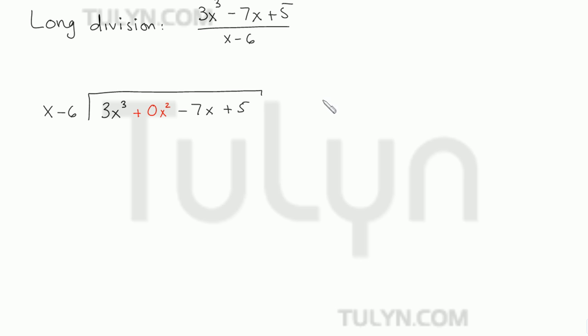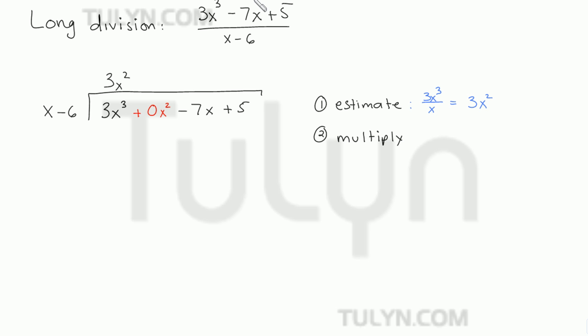So we follow the 4 basic steps to long divide, the first being to estimate. So we want to estimate, firstly, in this case, 3x cubed over x, right? So the first term in the polynomial inside over the first term in the polynomial outside. So 3x cubed over x is going to give us 3x squared. So we want to write 3x squared up here. Then the second step